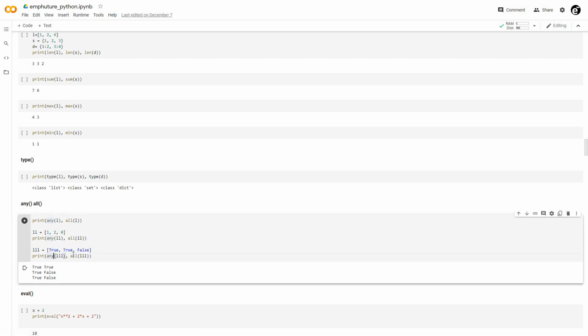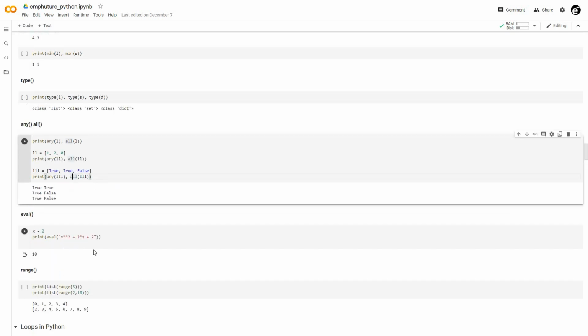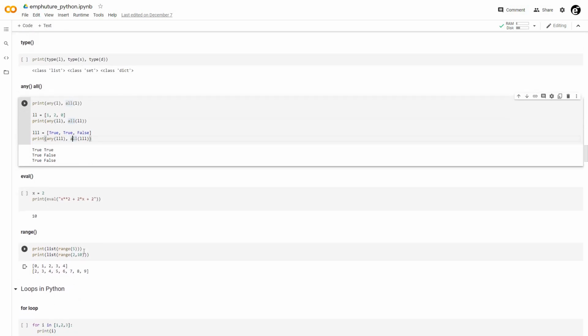So any is returning true, but all is returning false because we have one false here. Then we have eval function to evaluate the expressions in Python. The range function is used to create a sequence. If we are giving 5 inside the range function, it will create a sequence from 0 to 4. It will always exclude the upper bound. If we use 2, 10, it will create a sequence from 2 to 9.